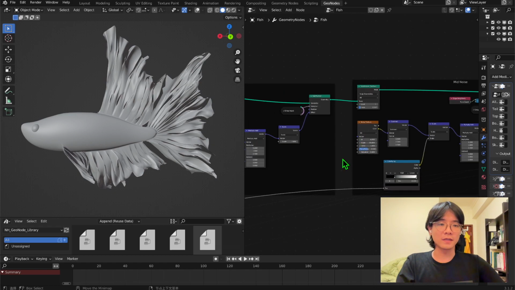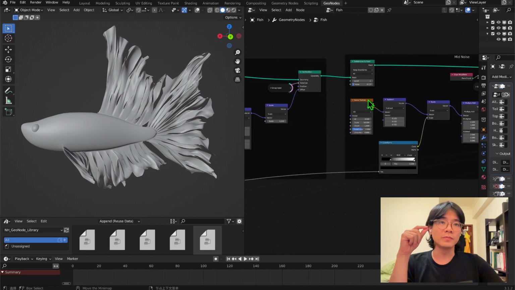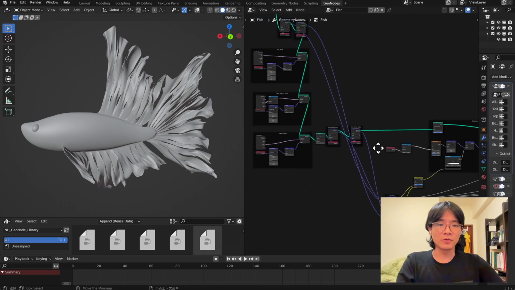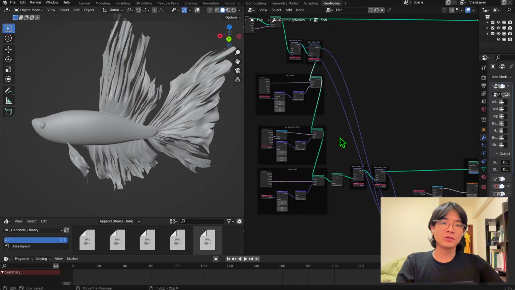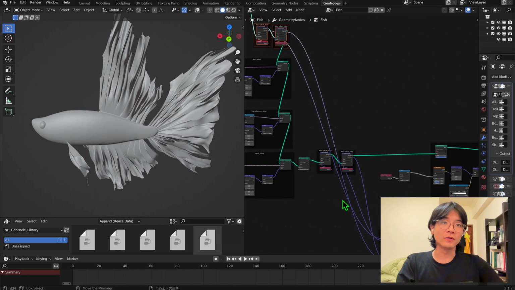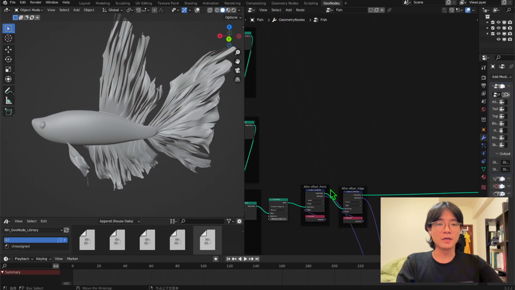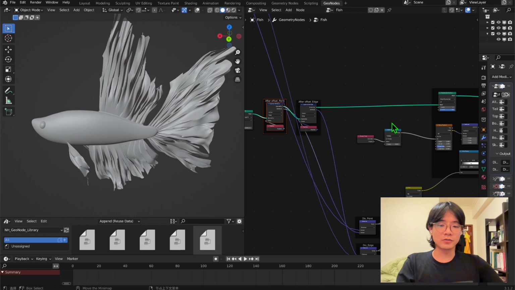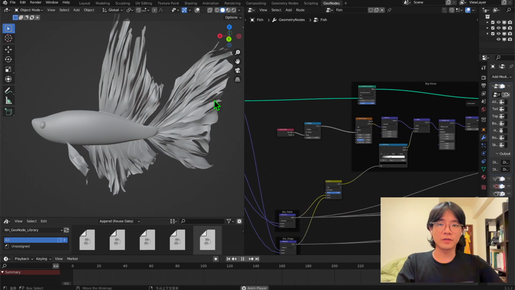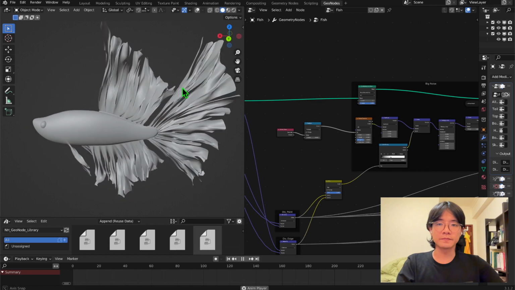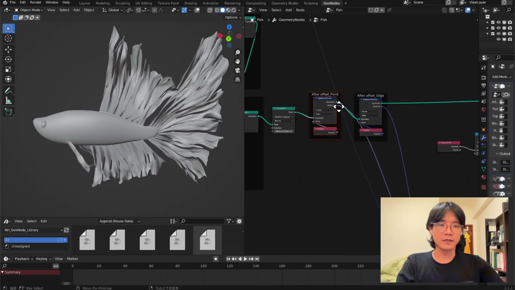So how do we fix that? We have to take a position vector attribute that is before anything is moving. So we already have that. We know it's these 4. So we have 4 attributes that define the position before the moving. You can try each of them and see what the difference is. But I prefer to use this offset position point. So let's try to plug that in. That's before. It looks like this. And if I try to plug that in,